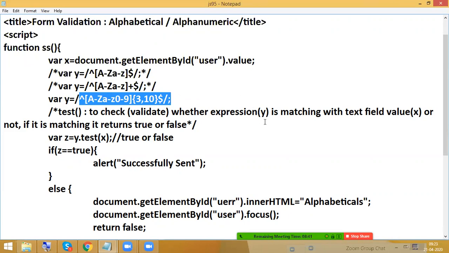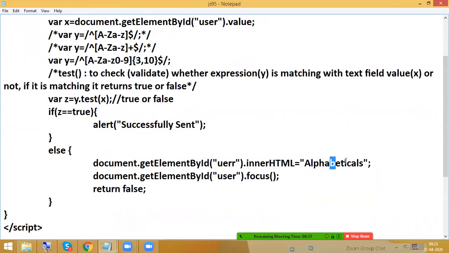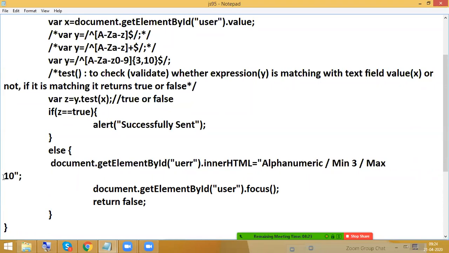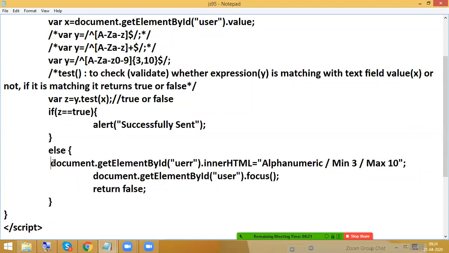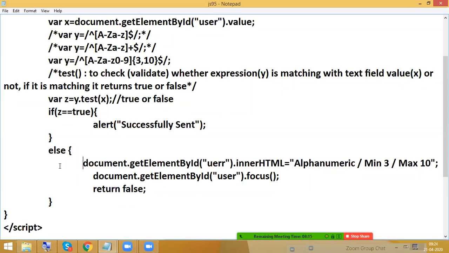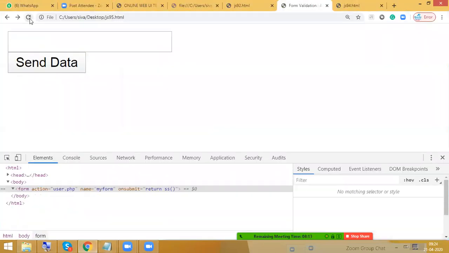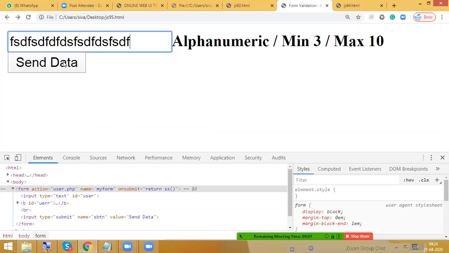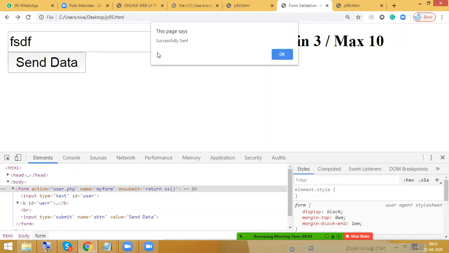So alphanumeric, minimum 3, maximum 10. Okay, so now go in, type here maximum 10, it will not accept. Minimum 3, maximum 10. Okay, fine.